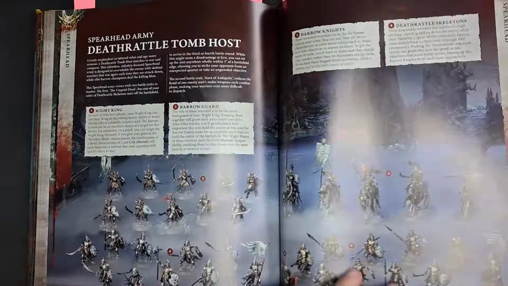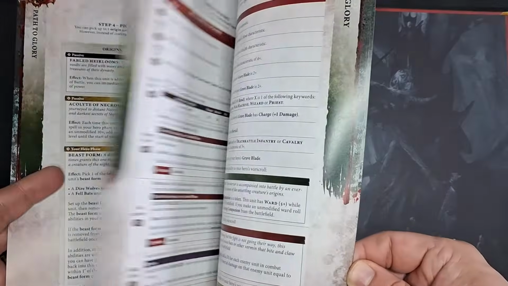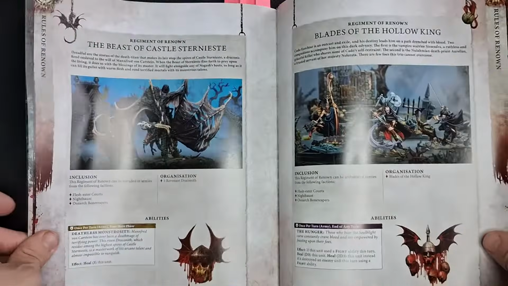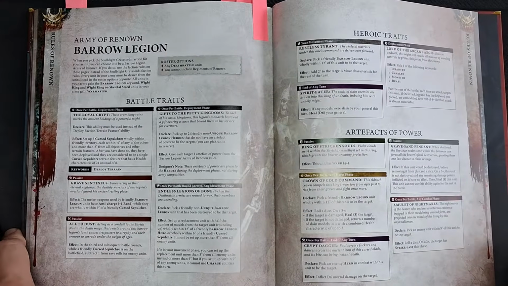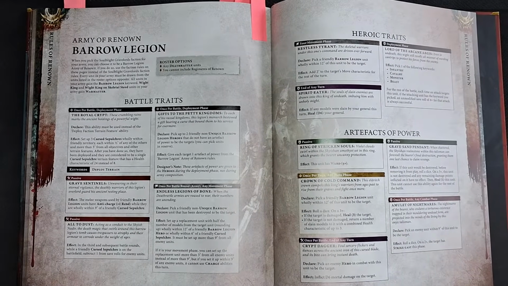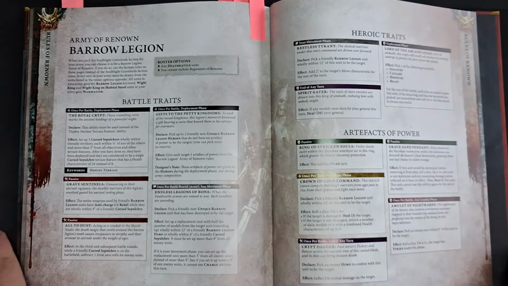Now, this ties quite nicely into the rest of this. So you do obviously have the rules in there for your Death Rattle Tomb Host, which could be a great way for you to build up Path to Glory rules, which is cool. You could use this to build up the Barrow Legions. Now, this is the army that I think I'd probably end up building, although part of me still wants to run Cado, of course. But the Barrow Legion is really interesting because it allows you to build a force out of